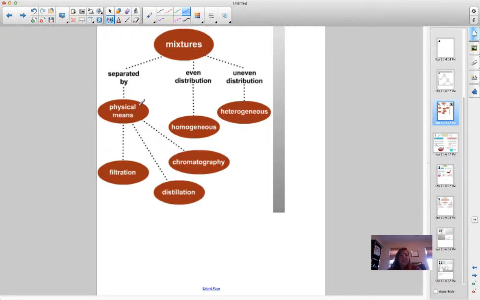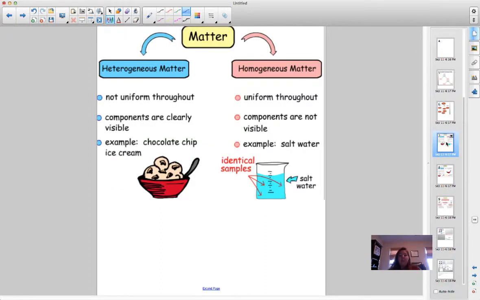Now we can take mixtures and separate them by different physical means. One of them is filtration, another is distillation, chromatography, and we're going to be working with these ideas in the lab. So, as I mentioned earlier, we can further separate these mixtures down into two different types here: heterogeneous matter